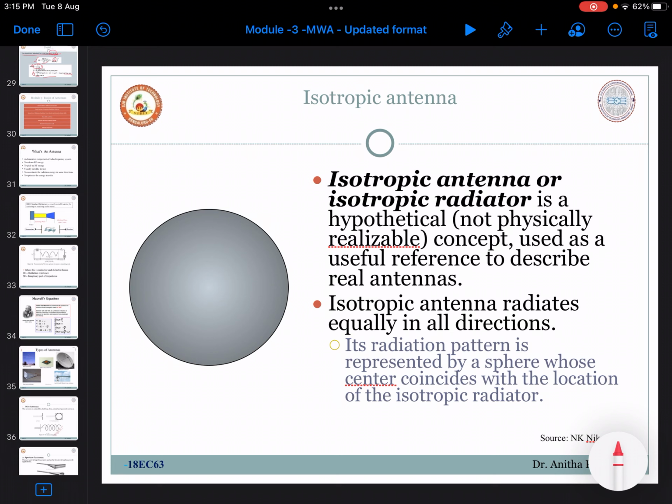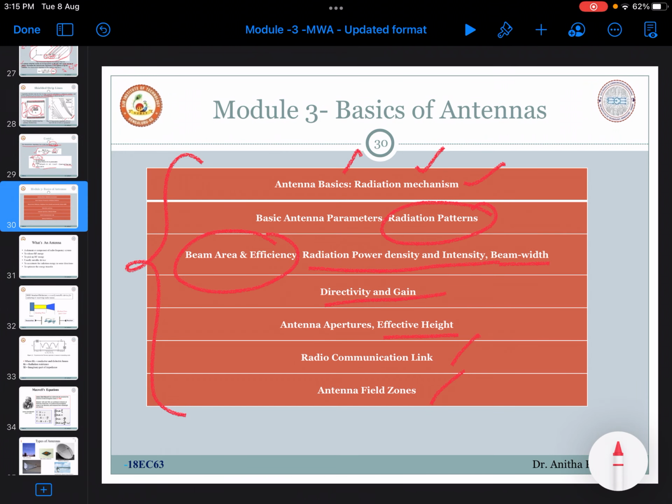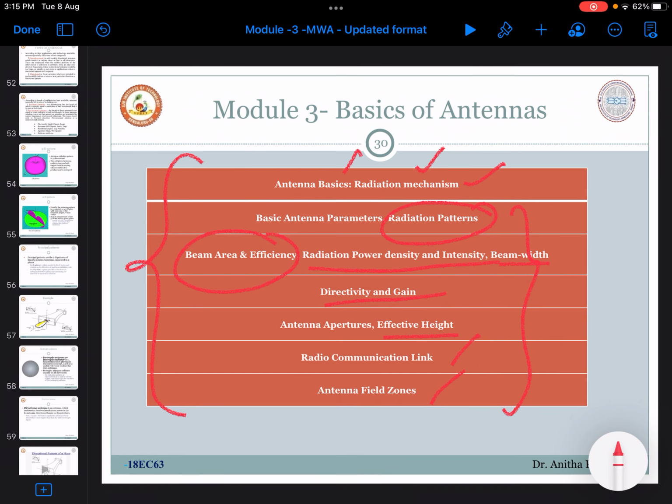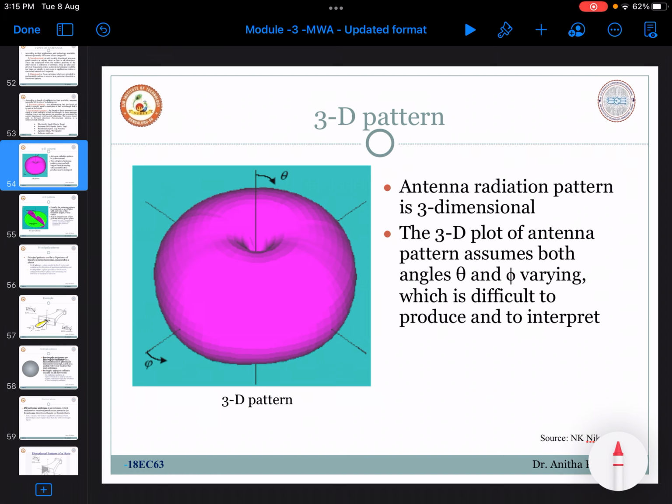As we have seen in the previous session, module 3 second part, which is about the radiation mechanism and antenna basics, we'll now see the remaining parameter definitions in this session. As we have seen about different types of antennas and the radiation pattern, this is about the radiation pattern